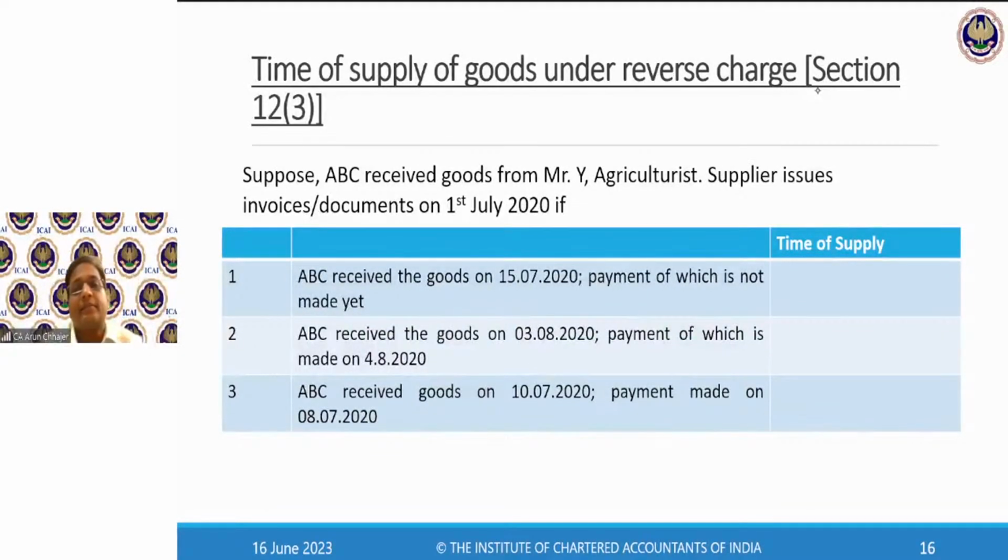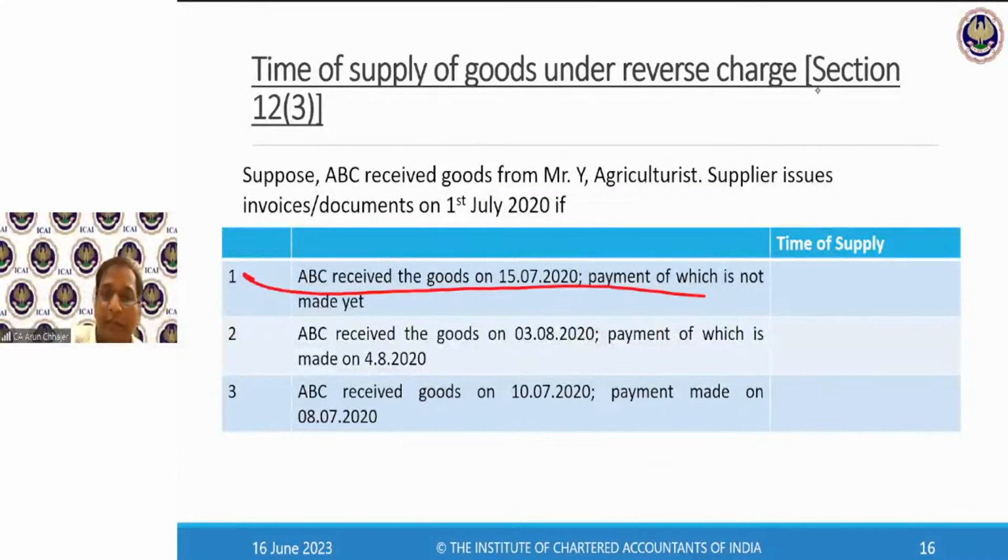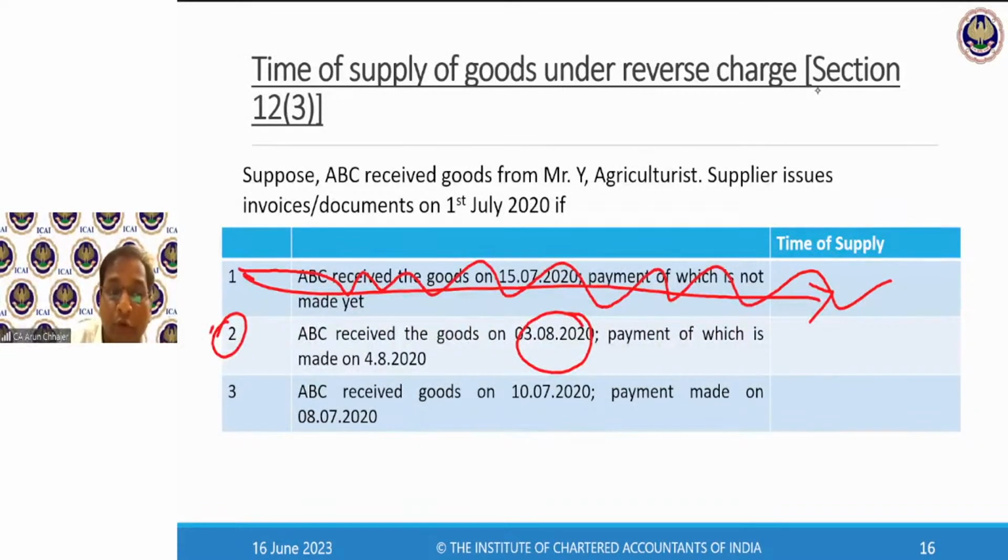वर्षा, अरे नहीं समझा बेटा। देखो ये क्या है, ये दूसरा क्वेश्चन है। अभी पहला क्वेश्चन हमने कर लिया, अब हम दूसरा क्वेश्चन कर रहे हैं। पहला क्वेश्चन का तो टाइम ऑफ सप्लाई निकाल ही लिया ना, अब ये क्वेश्चन नंबर 2 है। तो यहाँ पे गुड्स कब रिसीव हुआ? 3 अगस्त को। ये क्वेश्चन नंबर 1 तो आपने सॉल्व कर ही दिया ना, हमने डिस्कस कर लिया। अभी हम क्वेश्चन नंबर 2 कर रहे हैं, ठीक है।